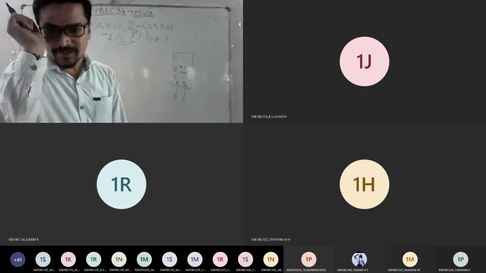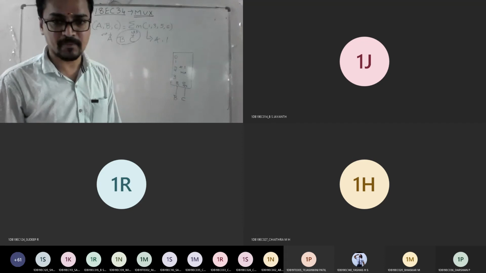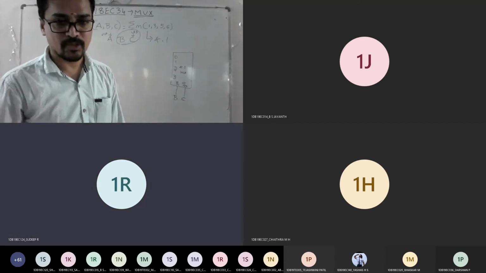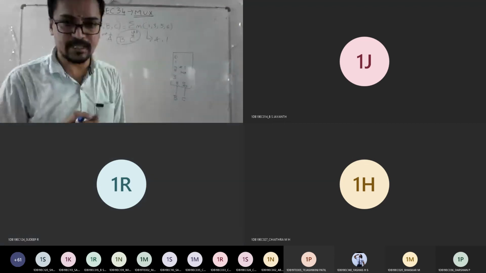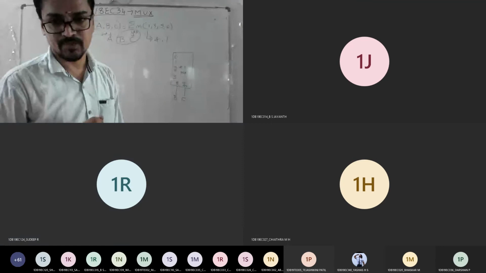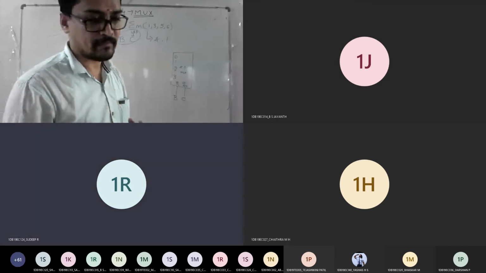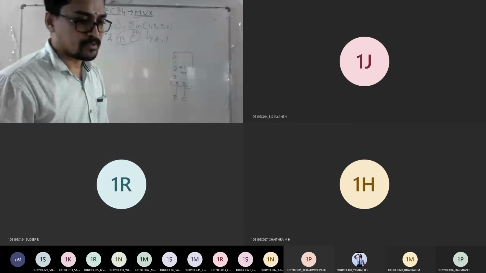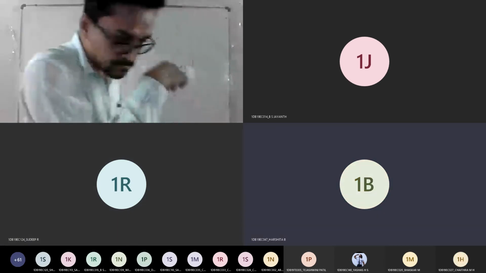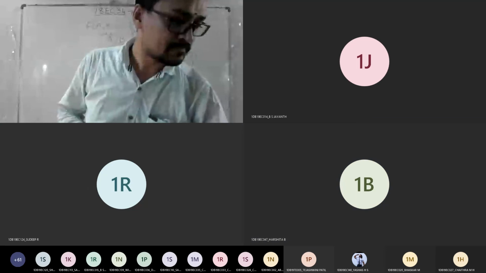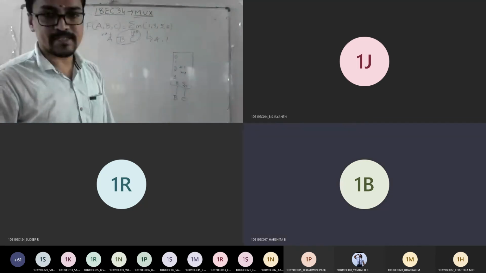See how we did the K-map. I hope everyone remembers the K-map: 3 variable, 4 variable, 5 variable. Like the K-map, we have another table called the implementation table. So make a heading, that is your step number 2, implementation table. Why is it required?